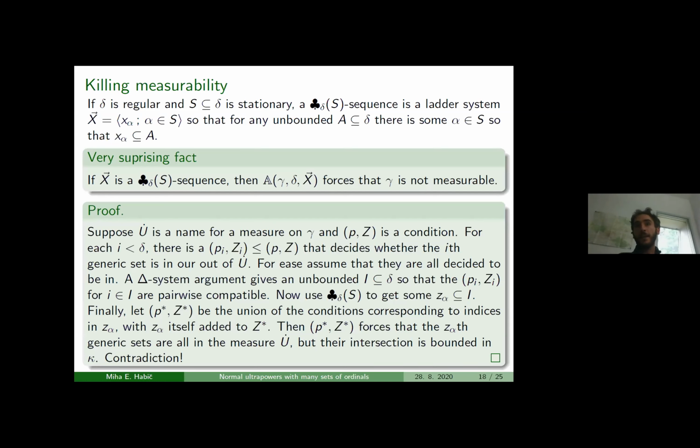The point is that if I start with a club sequence like this, if X vector is a club sequence, then the Apter-Scheller forcing at gamma, delta, and this club sequence is going to force that gamma is not measurable. All right. And maybe I'm going to skip the proof right now, but just as a